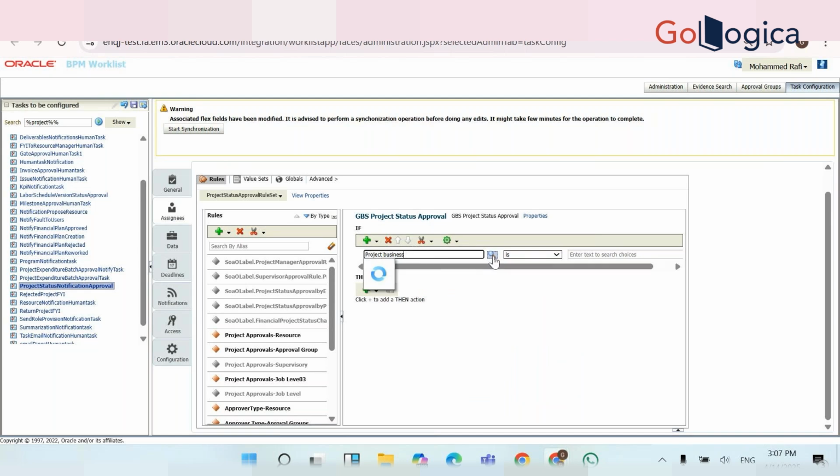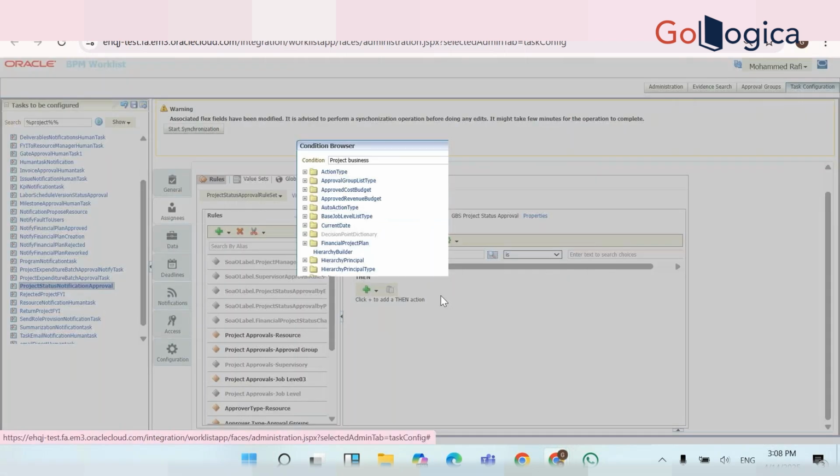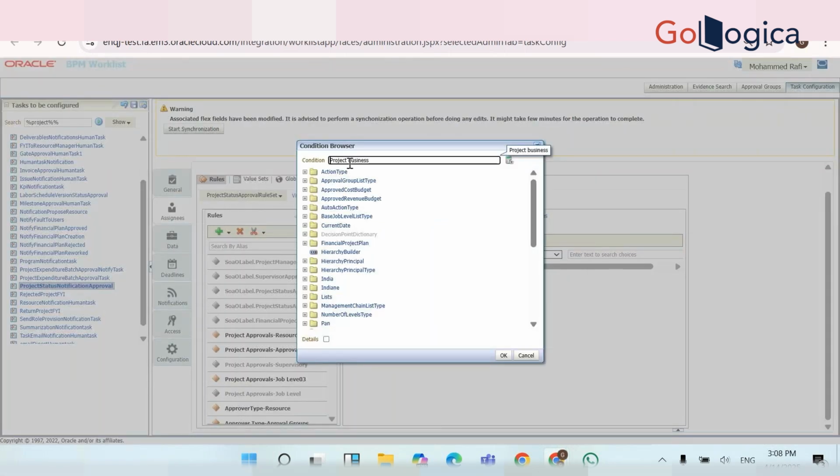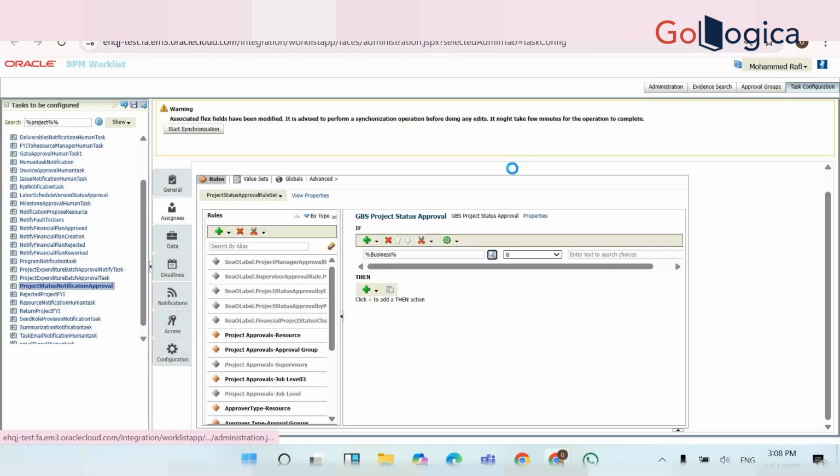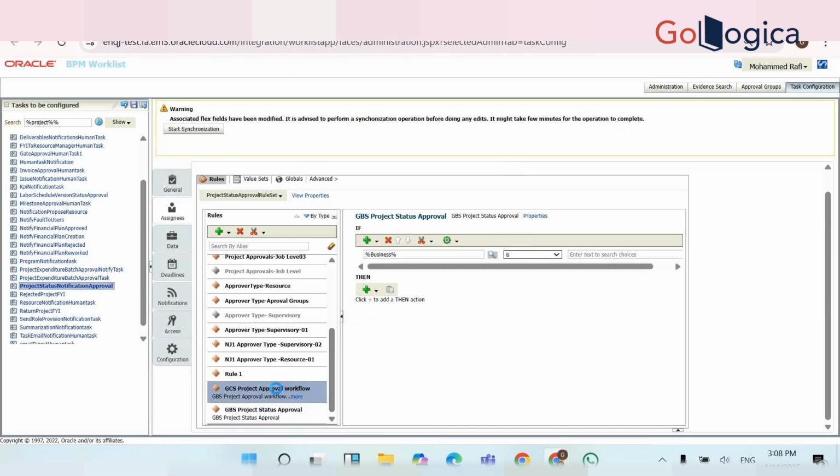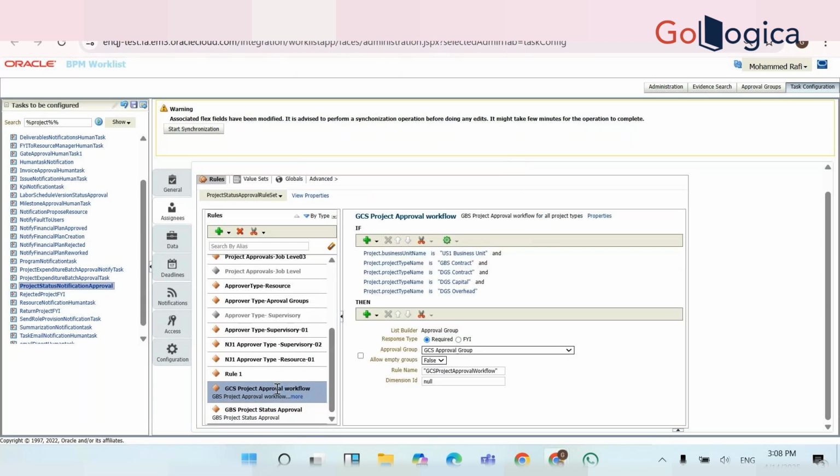Always try to search with the percentage signs and all, because we have a lot of them in the list. First, end, project dot business unit name. Project business unit is equal to,